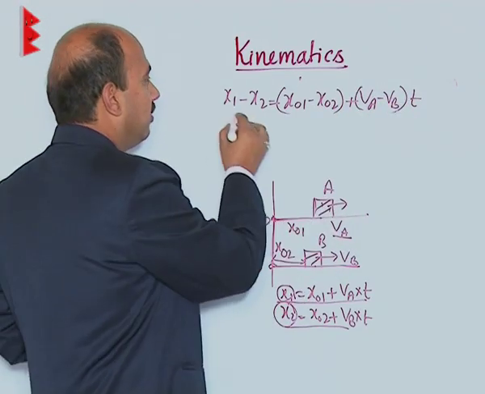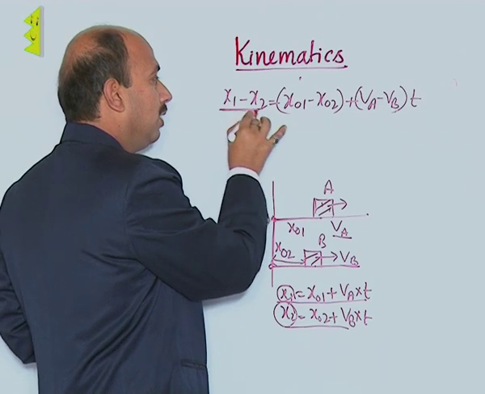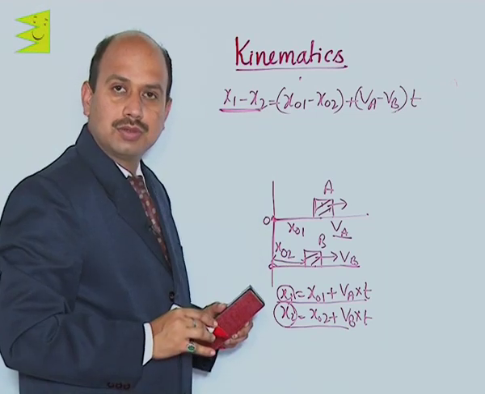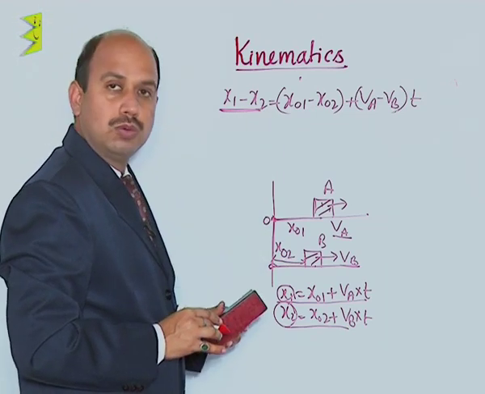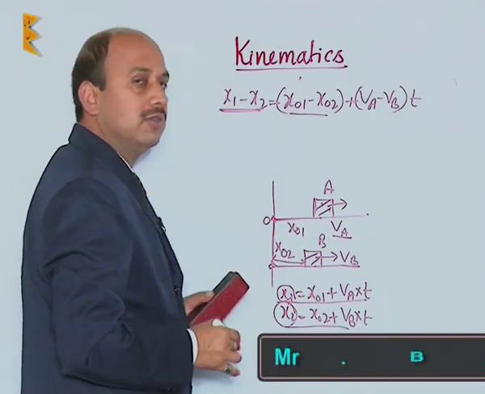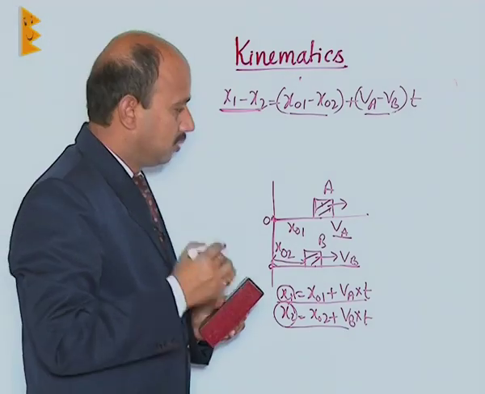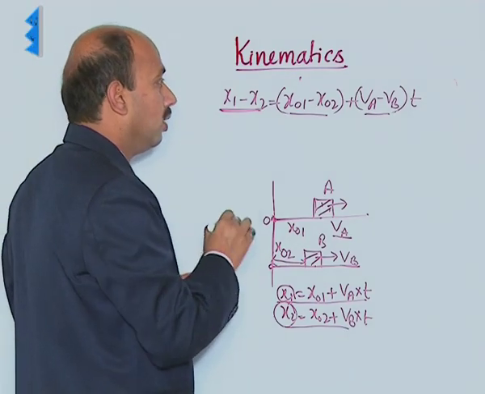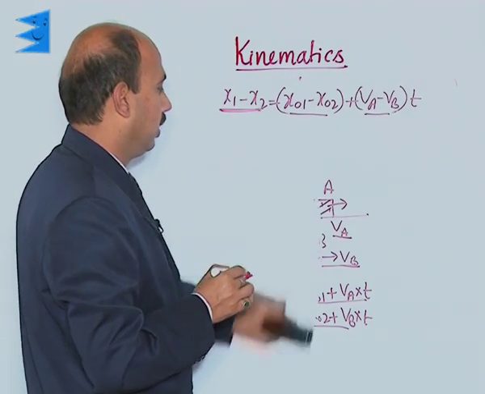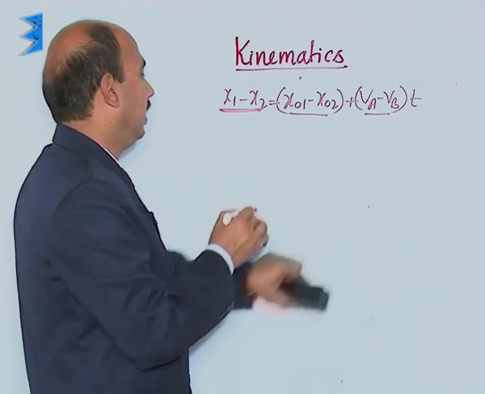So, this is the displacement, you can say the relative position of object 1 with respect to 2. This is the initial relative position. So, obviously, this will be referring to the relative velocity. But here we can also write down the displacement is equal to